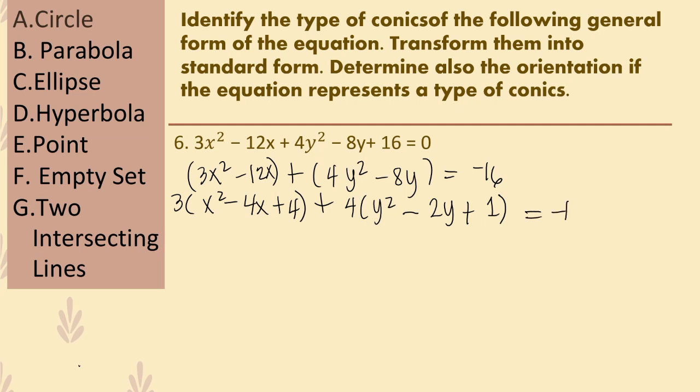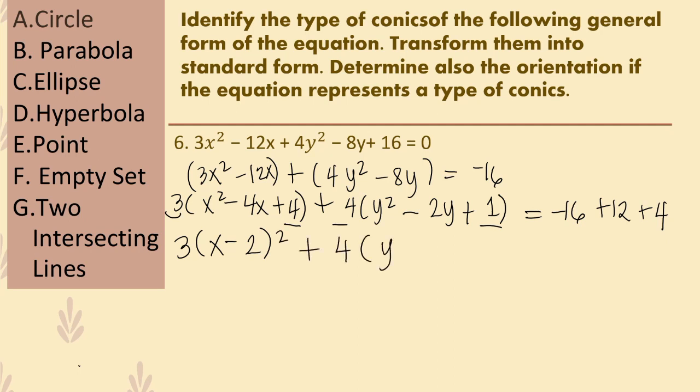Is equal to negative 16 plus yung 4 times 3. So, positive 12. And then, yung 1 times 4 is plus 4. Baba lang natin yung 3. Then, transform natin into perfect square binomial. Square root ng x squared is x. Then, square root ng 4 is 2. Then, follow the sign of the middle term. Squared plus 4. Square root ng y squared is y. Square root ng 1 is 1, minus, squared is equal to